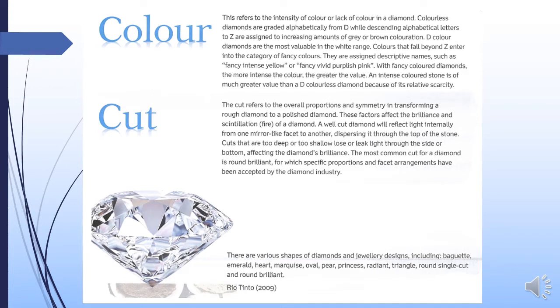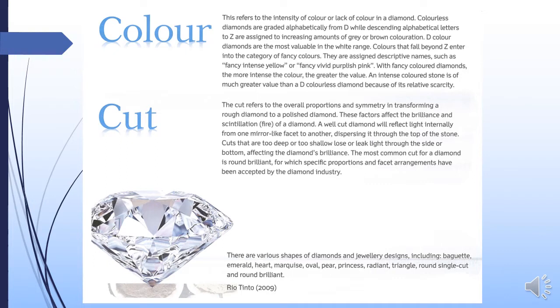The cut refers to the overall proportions and symmetry in transforming a rough diamond to a polished diamond. These factors affect the brilliance and scintillation, that is fire, of a diamond. A well-cut diamond will reflect light internally from one mirror-like facet to another, dispersing it through the top of the stone. Cuts that are too deep or too shallow lose or leak light through the side or bottom, affecting the